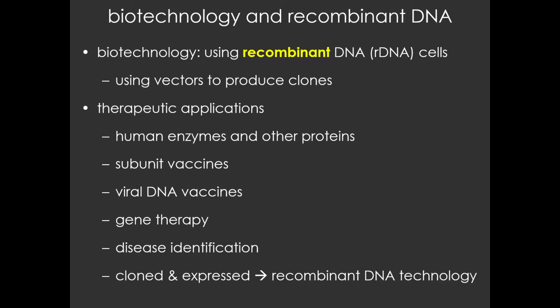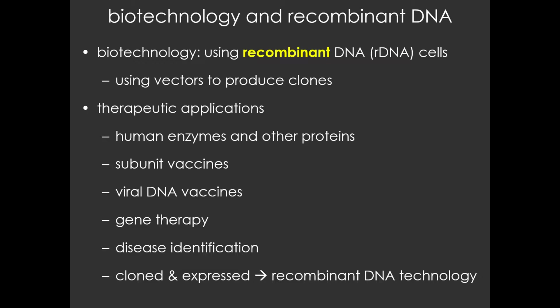They might include the production of subunit vaccines or the experimental viral DNA vaccines that you might be hearing about because of the COVID vaccine. They include gene therapy applications, disease identification applications, and